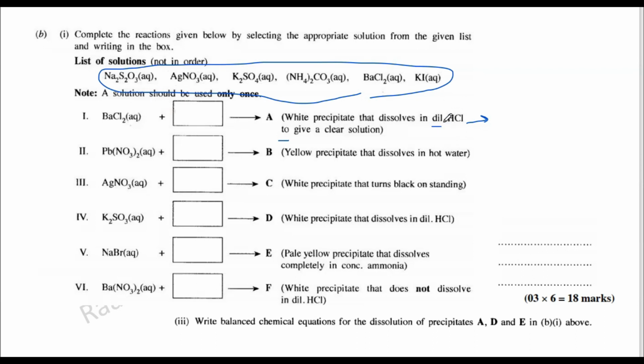But it will not dissolve in HCl, only in excess HCl or conc HCl. Then barium with sulfate forms barium sulfate, but it will not dissolve in HCl. And barium with carbonate will form barium carbonate, which is a white precipitate, and it will dissolve in HCl. So up to now, this is okay. Barium chloride with barium chloride, no. Barium iodide is not a precipitate. So basically, our first box, we will have the ammonium carbonate here